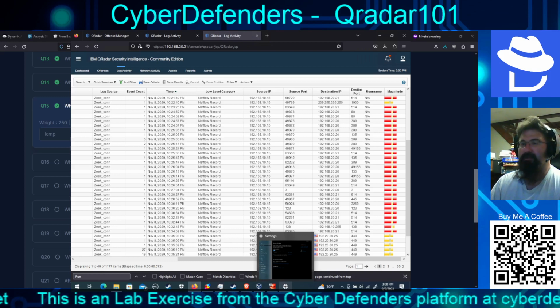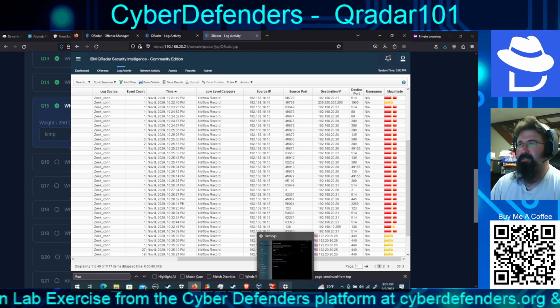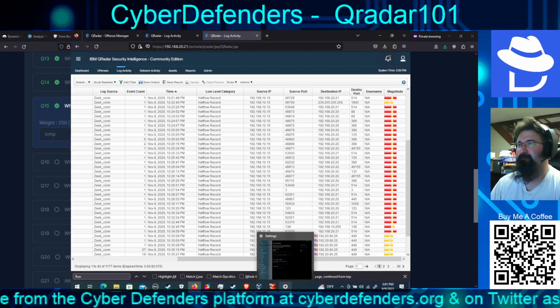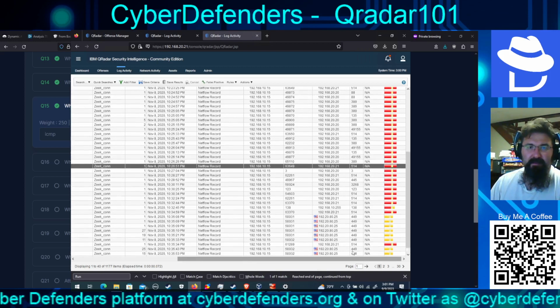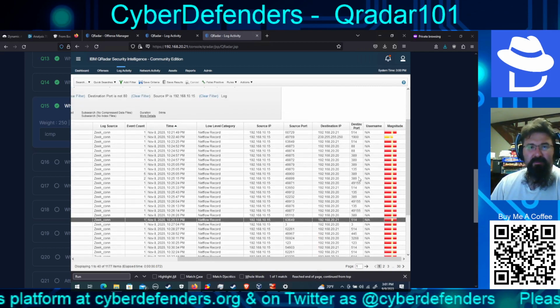So basically, they just ping sweep the network since ICMP is... so then would it actually show up with a destination port or